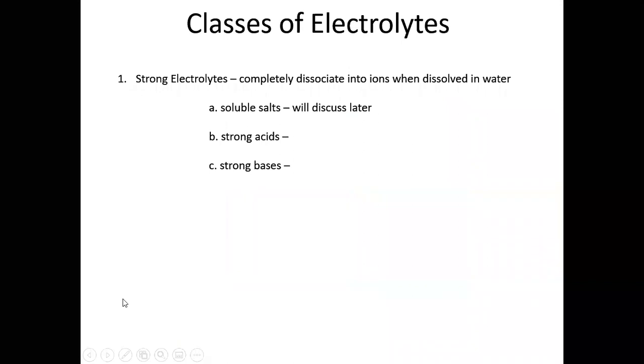And so the first category that causes the light bulb to light up brightly are called strong electrolytes. So they completely dissociate, or break apart if you want a simpler term, into ions when dissolved in water. Again, they completely dissociate, so they form 100% ions. And there are three classes of strong electrolytes. One is soluble salts, which we'll touch on later. So if it's a soluble salt, like sodium chloride is a soluble salt, it would be a strong